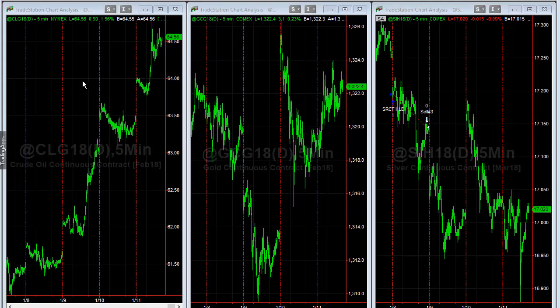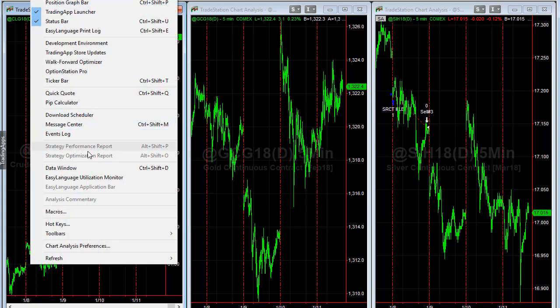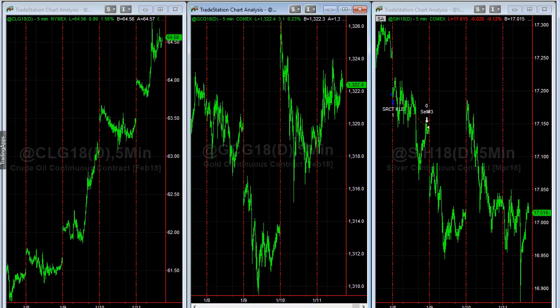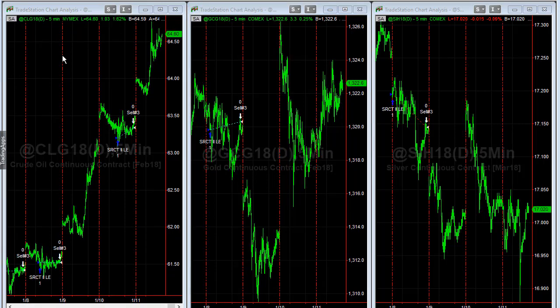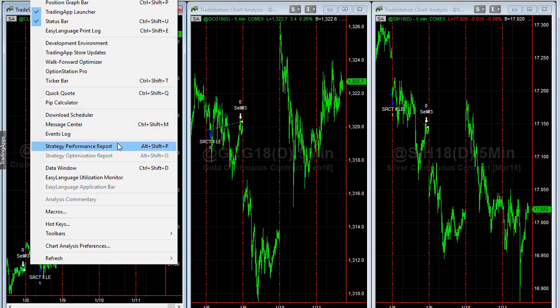This is SR CounterTrend 2, and it is similar to SR CounterTrend. It uses a little bit different method. And we take a look at the last 3 years of all these markets in this approach. Let me turn this strategy on. So now you can see the latest trades. I don't know why that was off, but it's on now, and we have 3 years of data in this